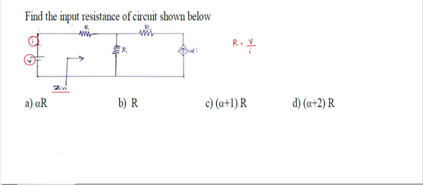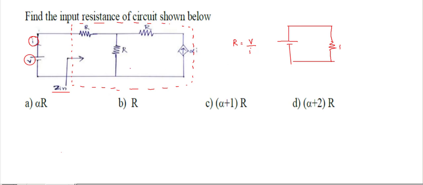If you think this total is some resistance, the circuit simply looks like this. This is the total resistance, the input resistance. If I calculate the total input resistance Rin, this is the supply voltage and given current, so Rin equals V by I. So this I have to calculate. You see here current is coming, so this current goes like this. So here current I, and here the given dependent source is a current source, that is alpha I. So apply KCL